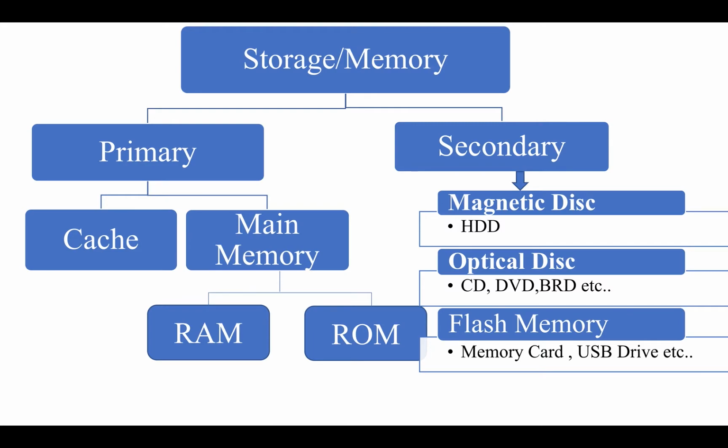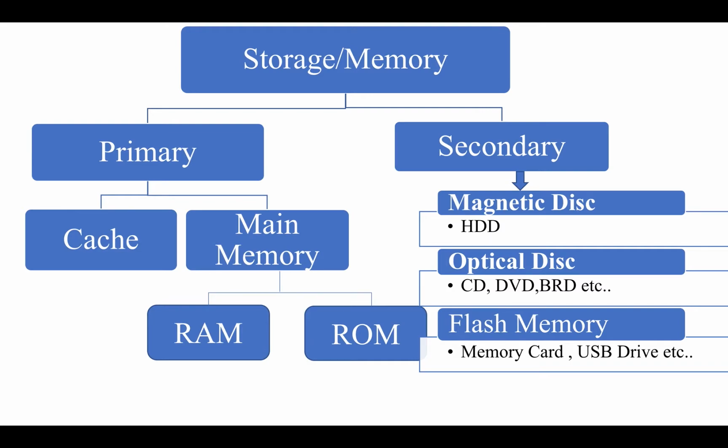But before going towards today's learning objectives, I would like to recap the previous lecture and start from the beginning. Students, computer storage or computer memory is the storage or spaces inside your computer or inside of any storage unit that is used to be processed by the computer. Computer storage or computer memory is the space used to store data, information and instructions that are going to be processed by the CPU, or that are going to be transferred to another computer, or that are going to be saved for later use.